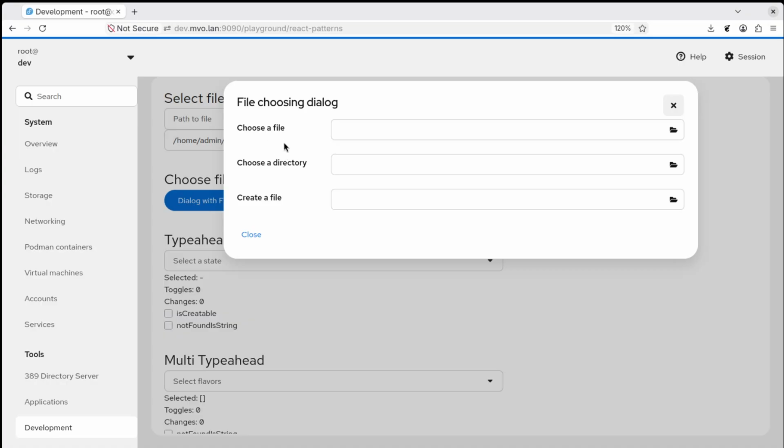And yeah, let's go through it. Choose a file. First, this is a text input. If you have the file somewhere on your screen, you can copy and paste it here and everything is good. There's also a little bit of support for auto-completion here. So if you know you want to go to var libvirt images, then you can see that there's a little bit of help here,